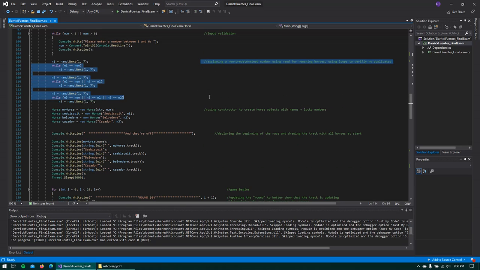The next little block of code, these few lines here, is where we are assigning non-predetermined numbers using the random function for the other horses. I didn't want them all to just be the same every time. I thought this would have worked out a little better, so that the game could be changing a little more each time. But basically, we use an integer variable, and we save a number within our range, and then